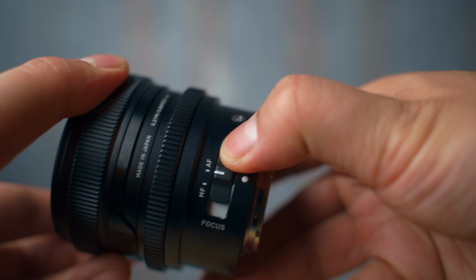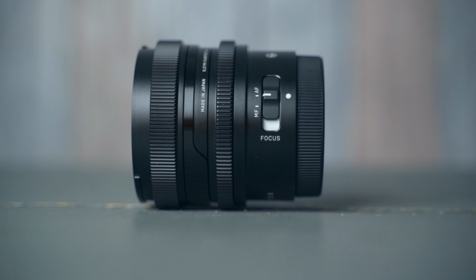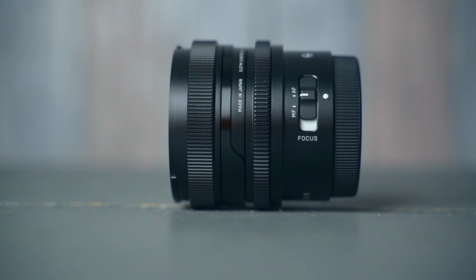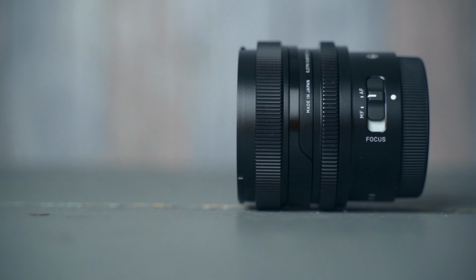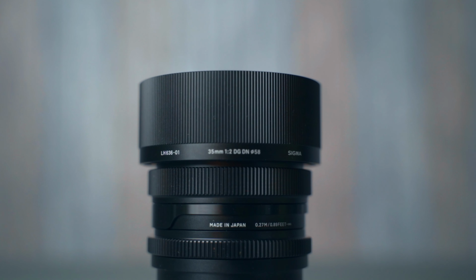in those rainy conditions. And it has an autofocus/manual focus switch on the side, a nice aperture ring that is not declickable, it is clickable, so if you change the aperture manually you will hear it, of course. And we got a nice smooth manual focus ring with a filter thread of 58mm at the front element. So all in all, it is a nice compact lens, which I really like, and it also